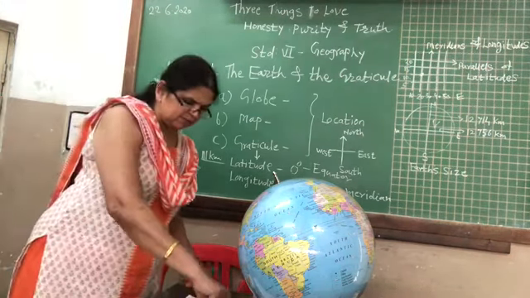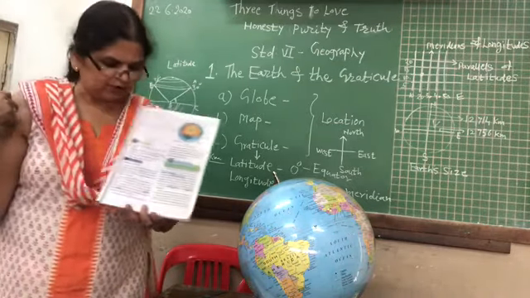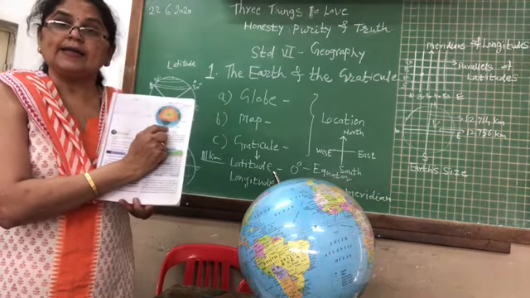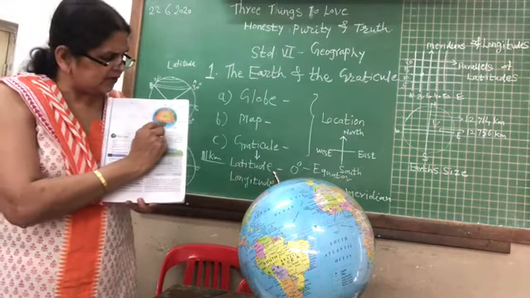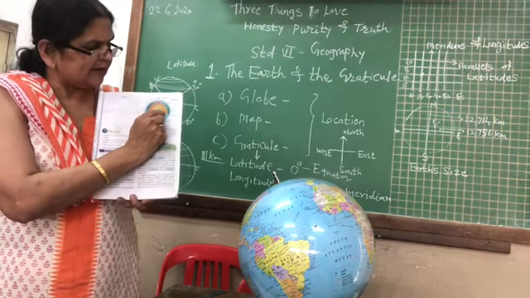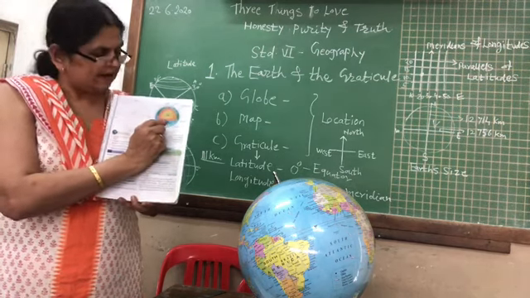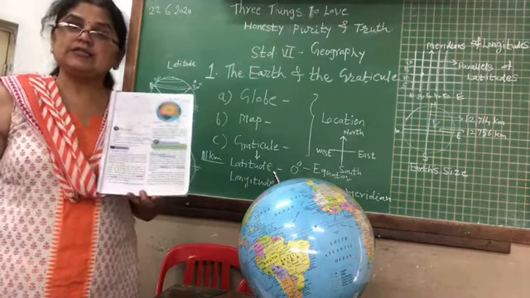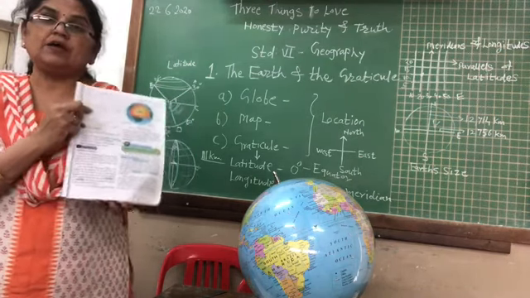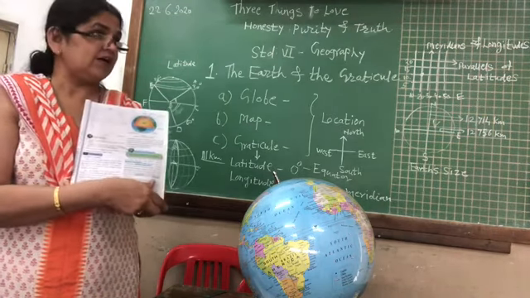For example, if you want to see how this is drawn in your book, you can refer to page number 3. They have drawn the line of the equator, and from there they have taken the angular distance at 10 degrees, 20 degrees, 30 degrees, and then they have joined the lines, and we say they are the parallels of latitude. And we can see the line of the equator here on the globe, as they have shown in the figure.